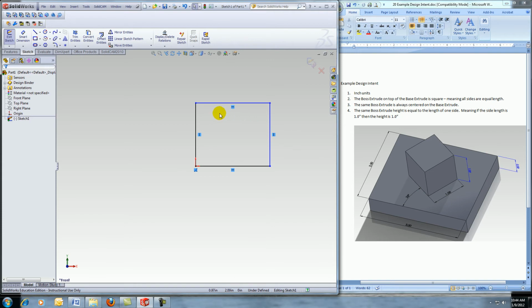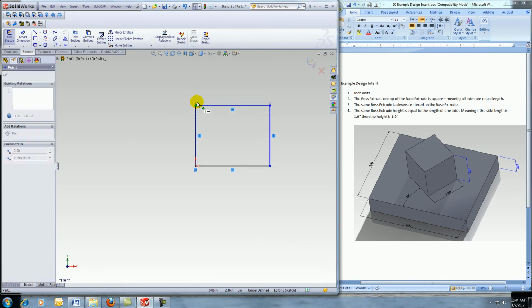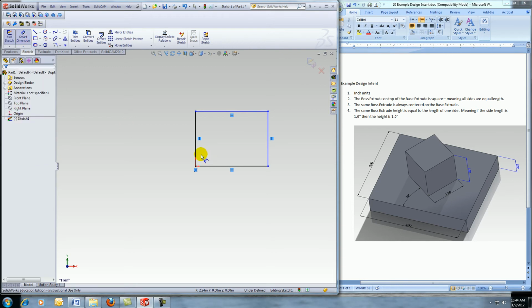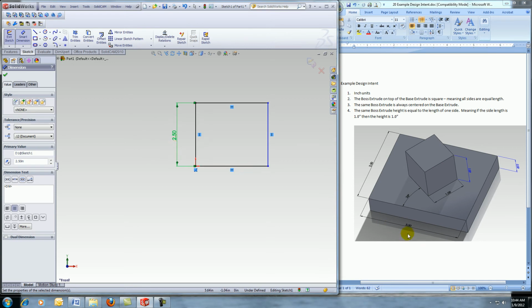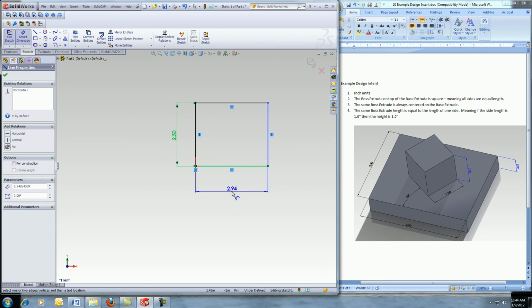Essentially, if I press the escape key, it gets me out of that sketch entity, and you see I have a black dot and a black line. Well, and then I have blue dots and blue lines, but also this corner, because I can move this corner. I can move this direction. Well, by adding smart dimensions, I can lock down these axes of movement or freedom. So if you look at this one, it's 2.5 inches, so I'll click on here, click out in space, simply type the number you want, it'll update it, and again this one's 3, so I'll click on here, click out in space,